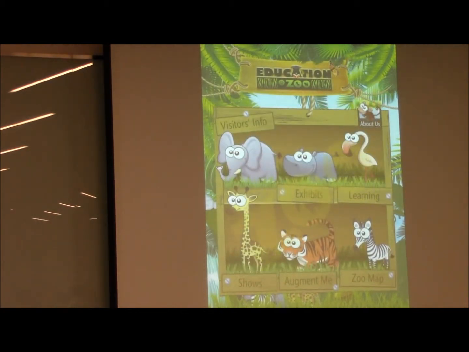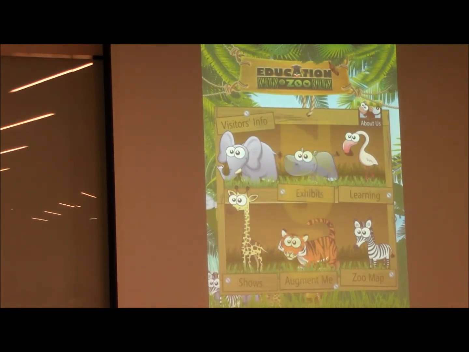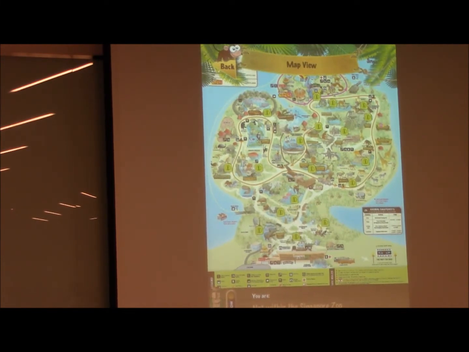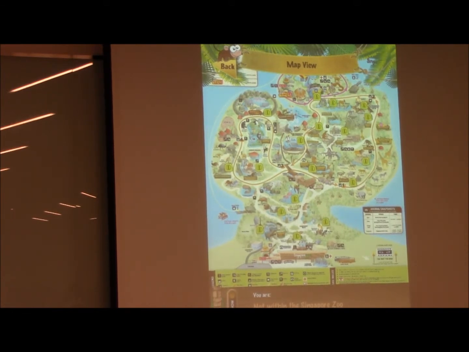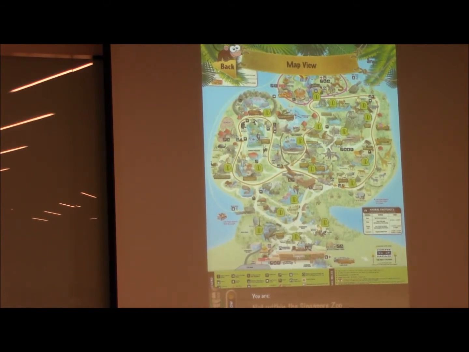So this is what the map offers. We helped to geocode the entire map. If you look, this is the entire map that they have, and we literally walked around the entire place. So this project is slightly longer. We got groups of students to go around the entire place, and we literally geocoded the entire map for them. It's able to tell you, currently it detects that I'm not within the Singapore Zoo, but if you are there, you're able to see a marker to tell you where you are. So you're able to find your way around.